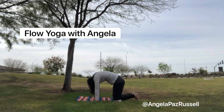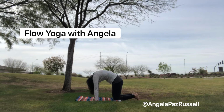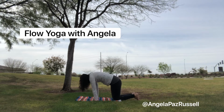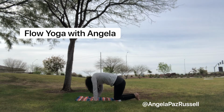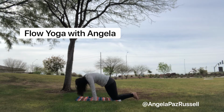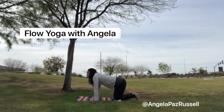We start to move through that cow-cat. Inhale, belly down, heart forward, tailbone up. Exhale, chin to chest, round and lift the spine. Inhale, cow, tail lift. Exhale, cat, tail down, arched spine. You can start to circle everything around, so drawing those hips back to the heels and then around and shift forward into the arms, the shoulders. Go the opposite direction now, just taking big circles through the body, bottoms back to heels, and then we'll come